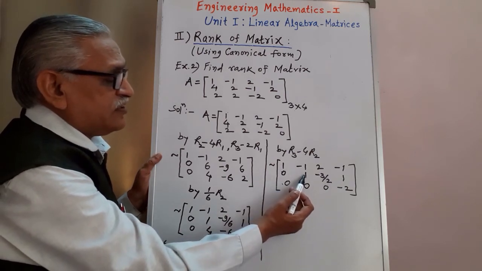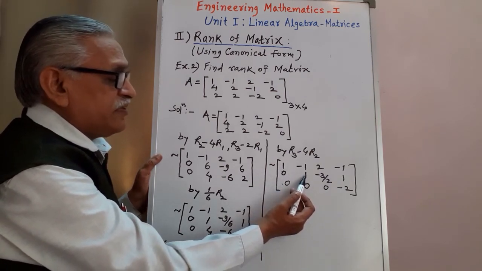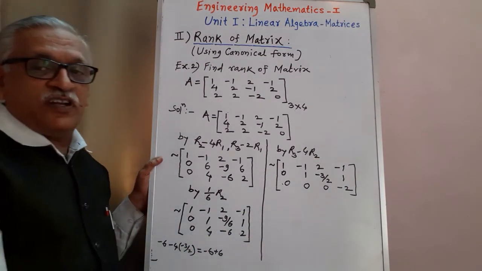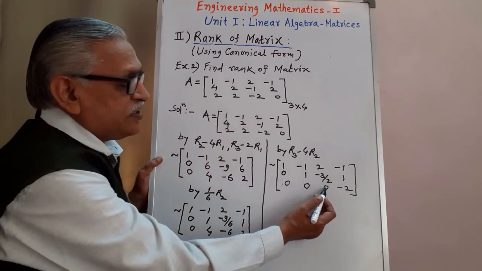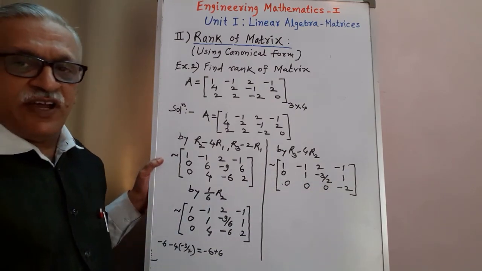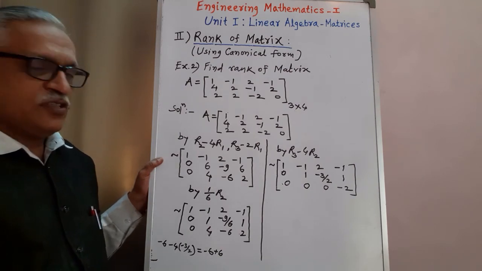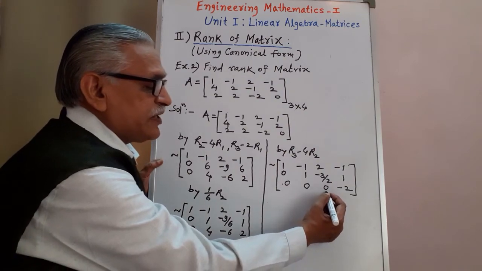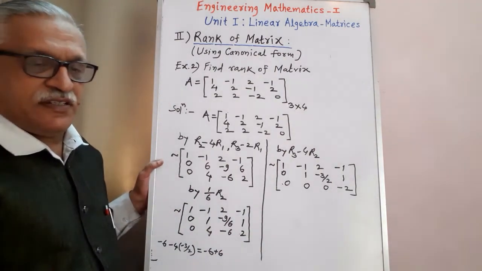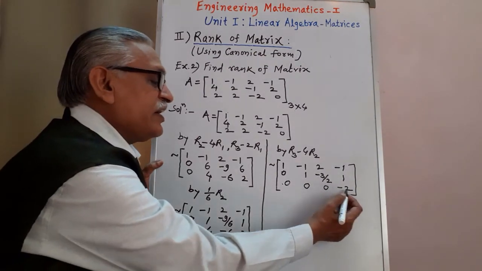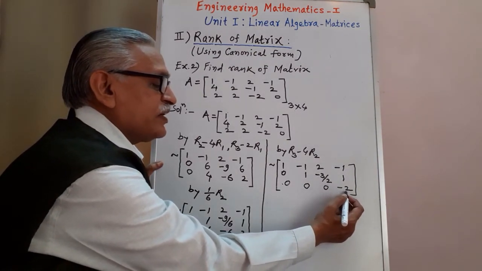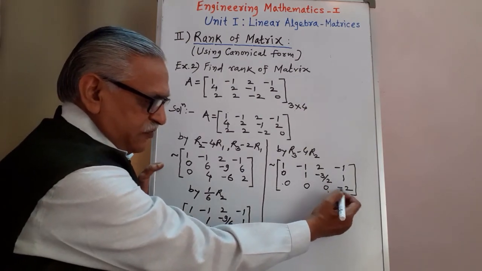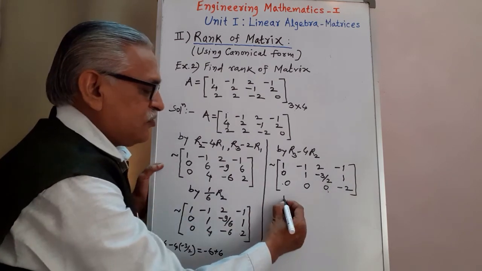Then we go for the second column: second diagonal element is 1, all elements below it are 0. Then we go for the third diagonal element. In the process it becomes 0. Then we have to think, can we make it non-zero by interchanging elements below it, but here no element is available below it. Therefore we think, can we interchange the element in front of it so that we can make it non-zero? Yes, here it is possible if we interchange these two columns.